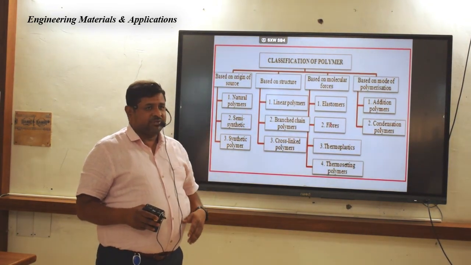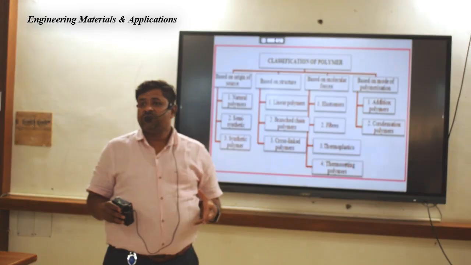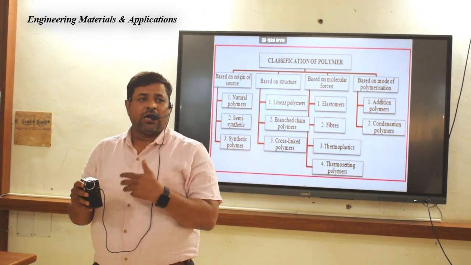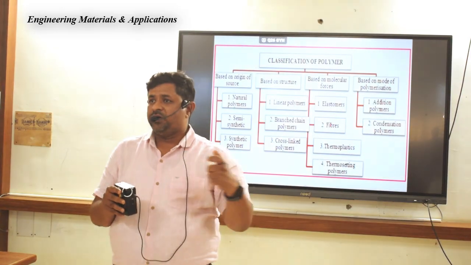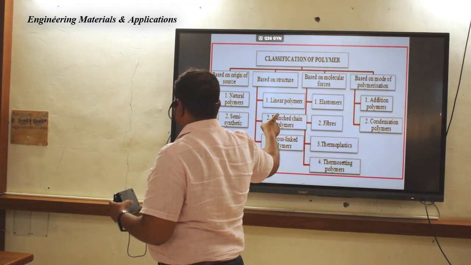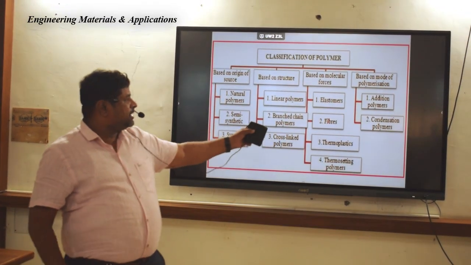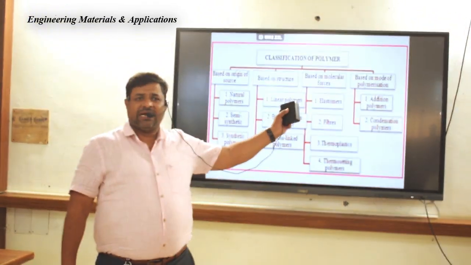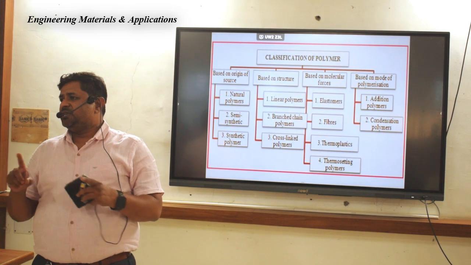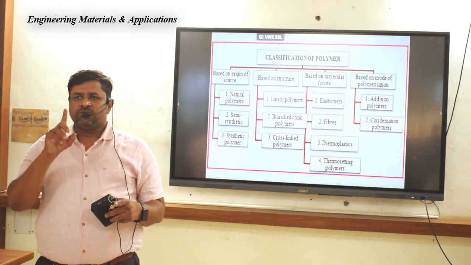Based upon the molecular forces, whether they are elastomers, fibers, thermoplastics or thermosetting polymers. Molecular forces means the force between two molecules, two monomers: how strong that particular bond between the two monomers is. Based upon that, we can have elastomers, fibers, thermoplastics and thermosets. And based upon the modes of polymerization, there are two methods: addition polymerization and condensation polymerization. In addition polymerization there is no byproduct. In condensation there is a byproduct, water. Okay? So this classification we are